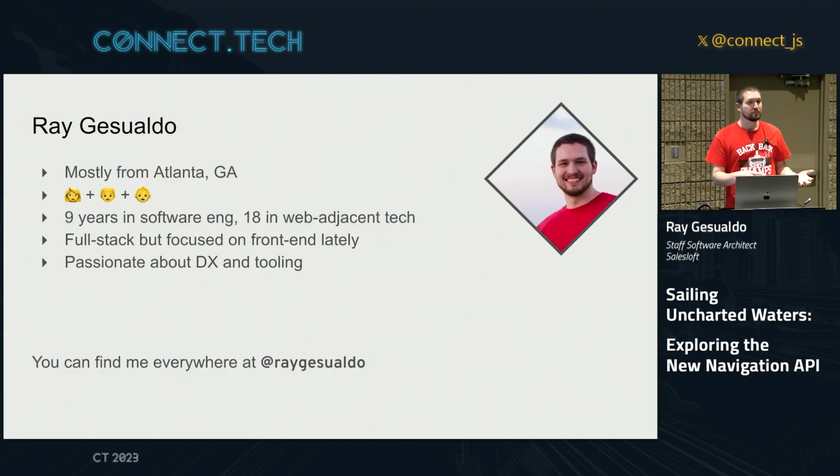All right, so a little bit about myself before we get started. I mentioned already, I'm a big Bulldogs fan, from Atlanta mostly, outside the city. Been married for 13 years. We have a son and a daughter. My son turned 4 Monday. My daughter turns 2 in December, so they keep us very busy right now. I've been doing software engineering for about 9 years, and I say I was doing web-adjacent technologies for 18 because my first 9 years was in computer-based training, so doing lots of computer-y type things, but wasn't doing full software engineering yet. I am a full-stack engineer, but I focus primarily on the front end for the past few years,